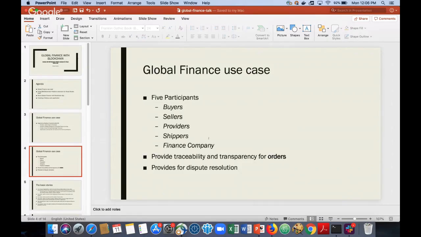And what this does is provide traceability and transparency for these orders. So all of these members can track the orders as they're going through different stages, and there are different statuses as it's being updated by these participants. And then what can happen is, once the shipper sends the product to a buyer and the buyer sees